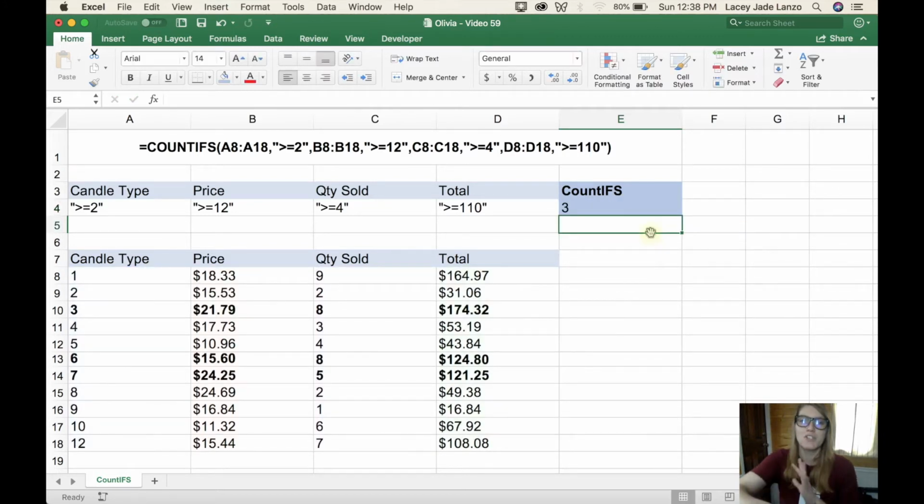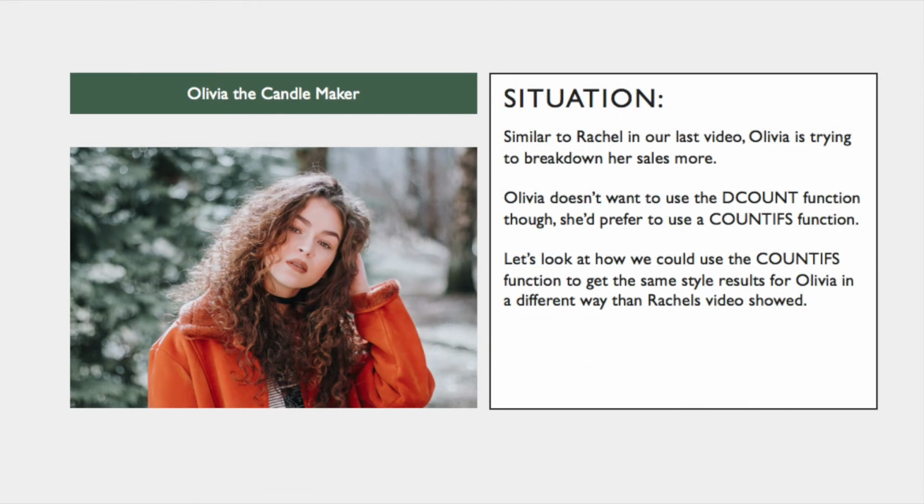Perfect. Okay. So now that I've typed that all out and broken down what it is, this is something that Olivia can use anytime she needs to find something within a specific parameter that she's trying to look for within her sales. This is definitely a more complicated breakdown, but it really goes to show how effective and detailed the